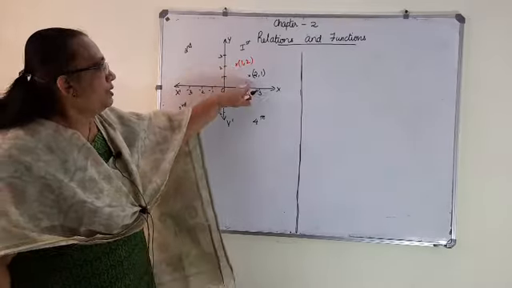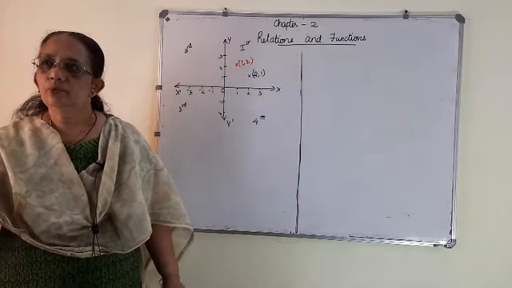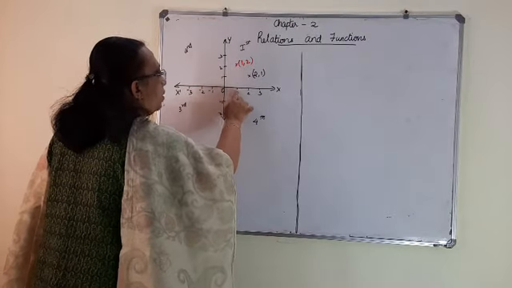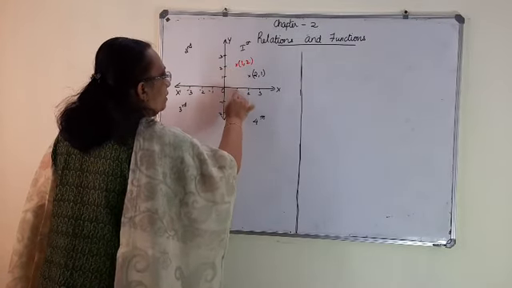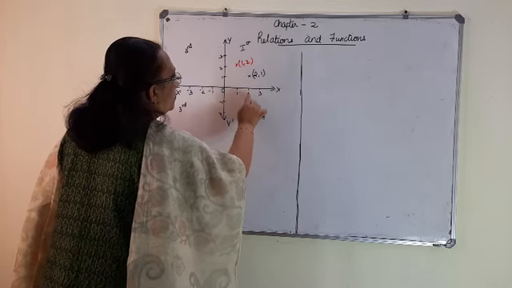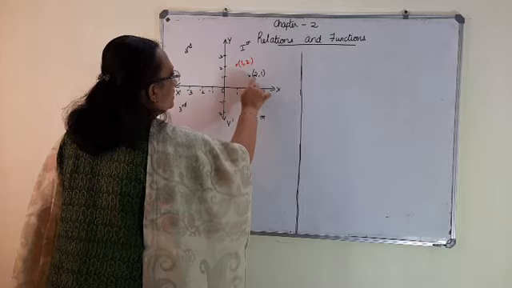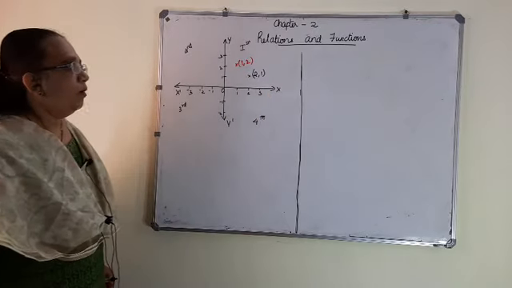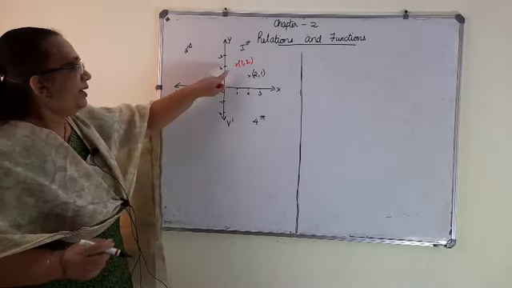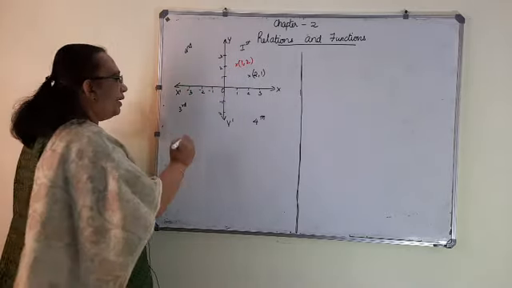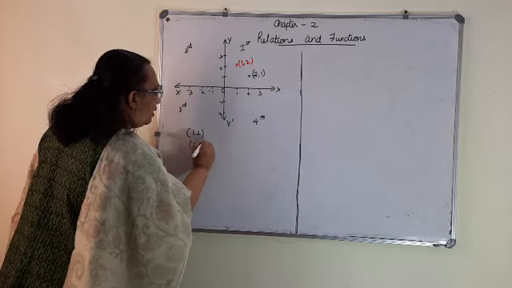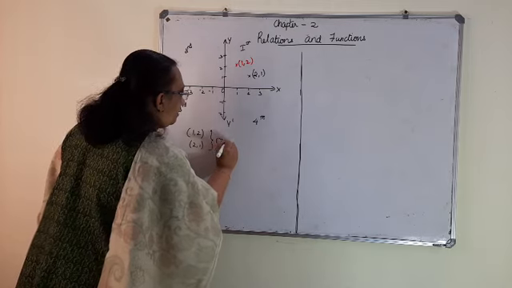Are these two points equal? (1, 2) and (2, 1). Yes, they are entirely different. Here the distance from the y axis is 1 and from the x axis is 2 for this point. In this case, the distance from the y axis is 2 and from the x axis is 1. We are already familiar with finding points, and when you find the point (1, 2) or (2, 1), we call it an ordered pair.